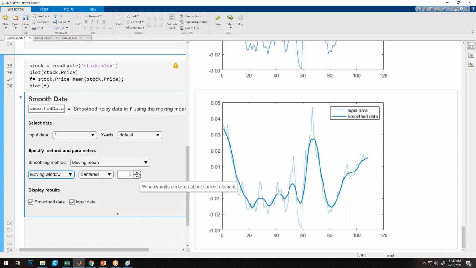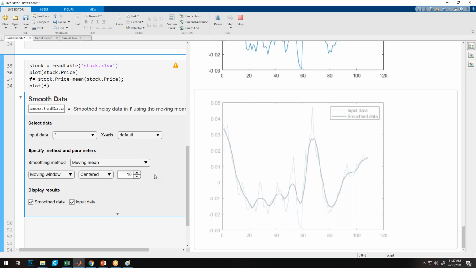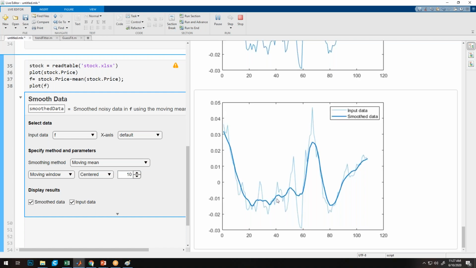Here, if I put 10 or 8, the higher the value I pass, the higher the data manipulation. If I put 10, you will find that the curve's amplitude decreases by a lot more, because the average of all these lines will still be close to zero only, right? So the amplitudes will decrease. This is up to our choice. There is no hard and fast rule that you should always use 4 or 8 or 10. It is only your choice, in whatever way you think it can be helpful for you.